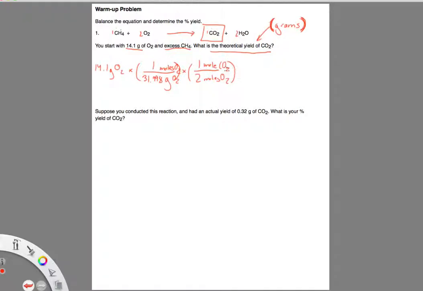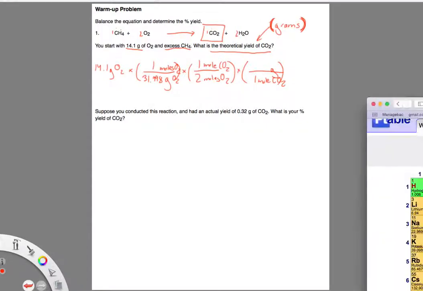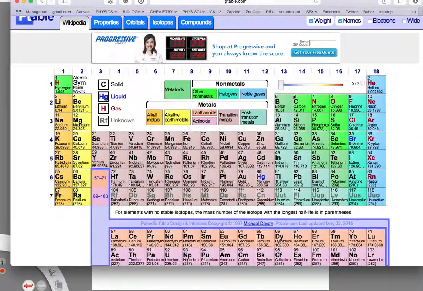But we're not done yet, because we're not going to have our final units be in moles of CO2. We're going to have our final unit be grams of CO2. So how do we change those moles of CO2 into grams? You know how to do this. You put the molar mass of CO2 up there. What's the molar mass of CO2? I can hear you yelling. It's got to be